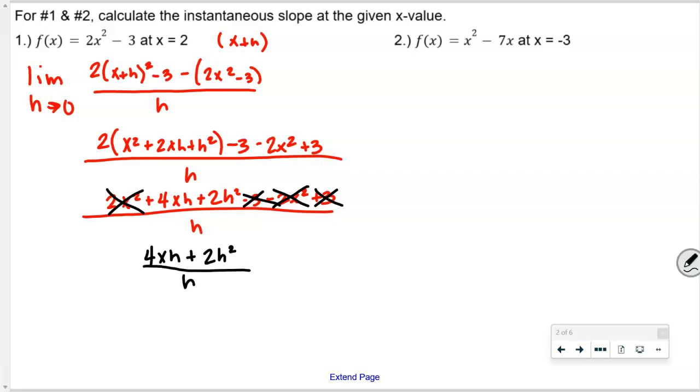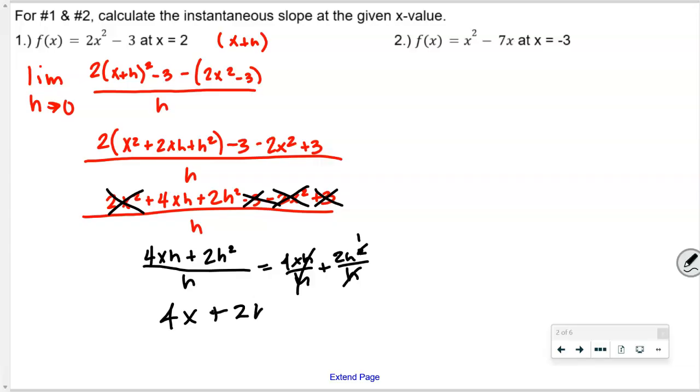So hopefully, we had a conversation about this a couple days ago in my class, where this is really equal to 4xh over h plus 2h squared over h. You can break it apart, and it's the same thing because they have common denominators. So the h's there cancel out, and one of these h's cancels out, so that just ends up being h to the first. So this would end up being 4x